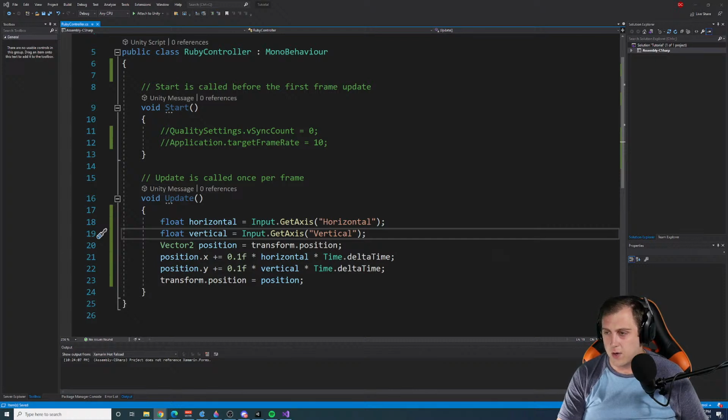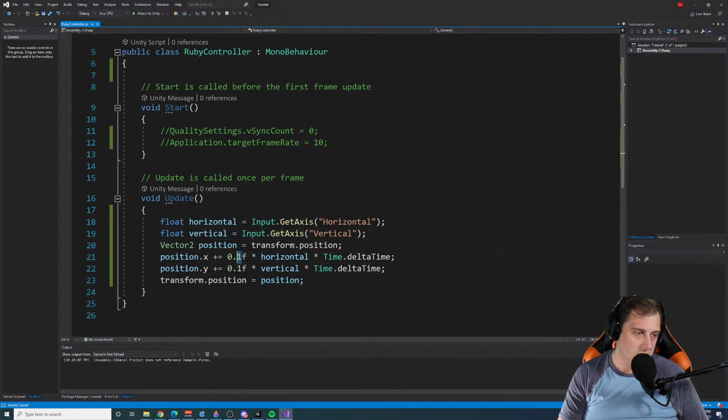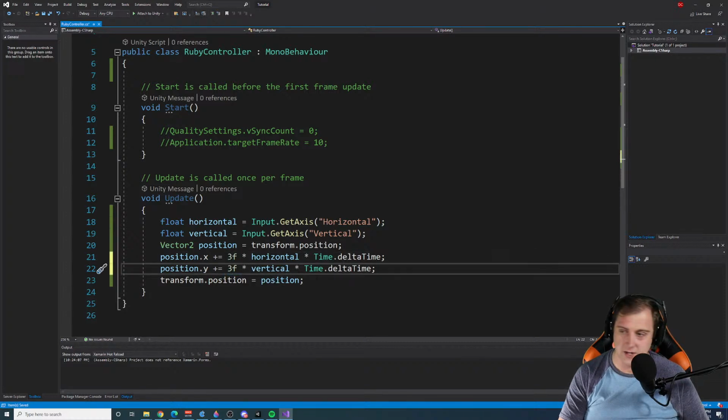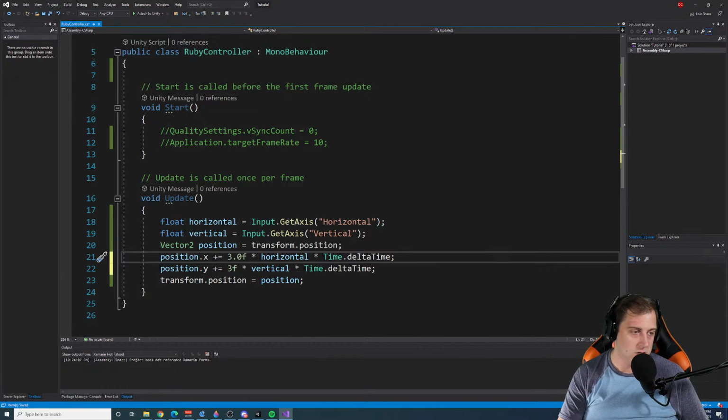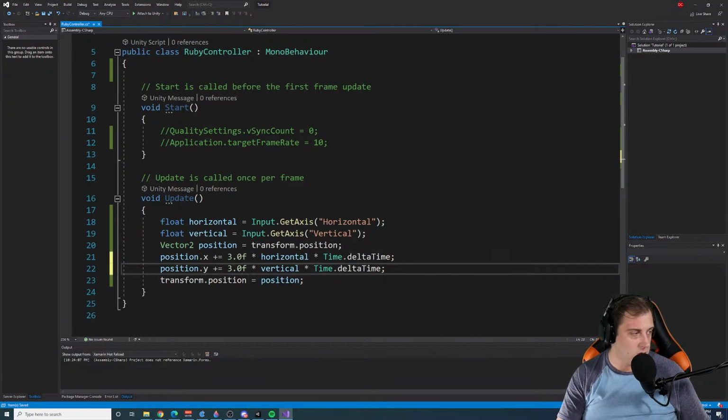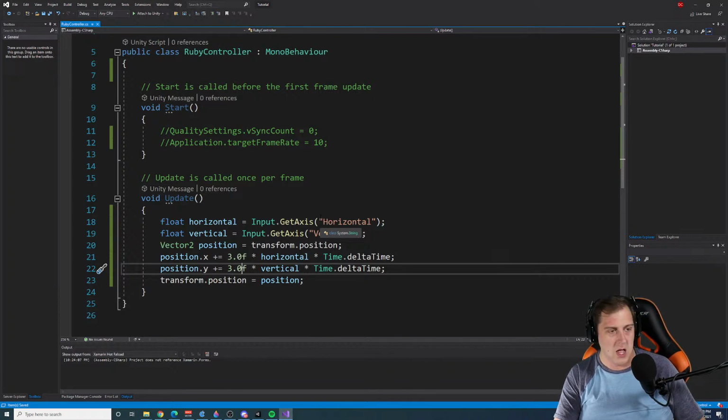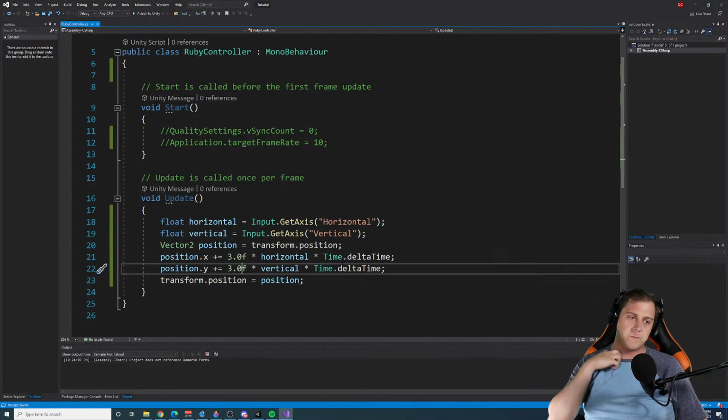Okay, replace 0.1 with 3. Okay, that's what I was thinking. Is it just like way too much? All right, way too little. I'm guessing delta time is the speed. You set it as like in Punch-Out where a second is actually faster than normal. So I'm guessing I could do that by